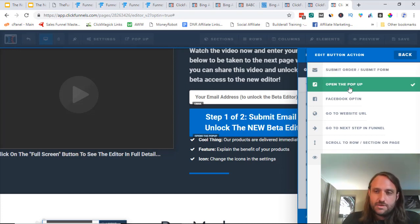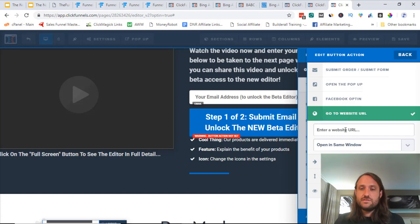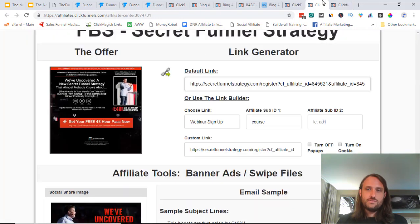They can open a pop-up where you can have more information. You can do a Facebook pop-up. You can have the button directly go to another web page, so you would put the website URL here. You can have that open in a new tab or the same window. You can go to the next step in the funnel. So now if somebody clicks this button, what will happen is they will automatically go to